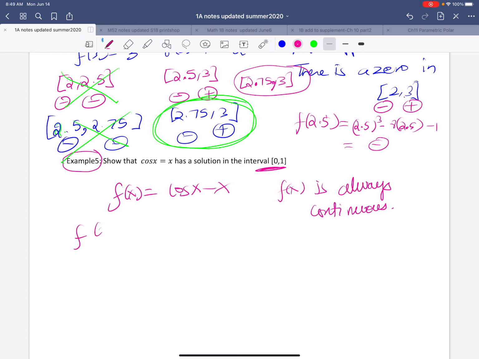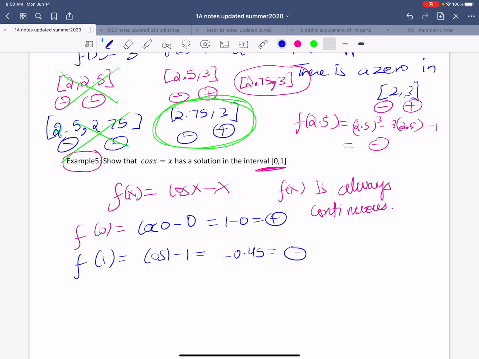Let's go ahead and check the sign of f of 0. Make sure your calculator is in the radian mode. Cosine of 0 minus 0. That's going to give me 1 minus 0, which is a positive number. And now I'm going to check the sign of f of 1. That would be cosine of 1 minus 1, and that's going to give me negative 0.45, which is a negative number. Using IVT,